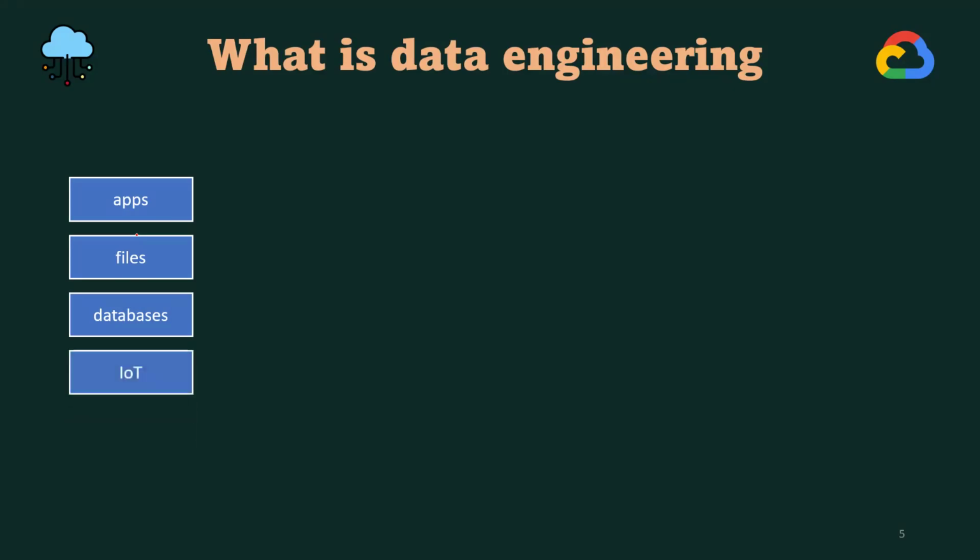Nowadays, these IoT devices have become very famous. Sensor devices, we call them. Every car, every device nowadays comes with sensor devices. What will these sensor devices do? They sense something and they store the data. Right? You have data that is coming from these IoT devices or sensor devices also.